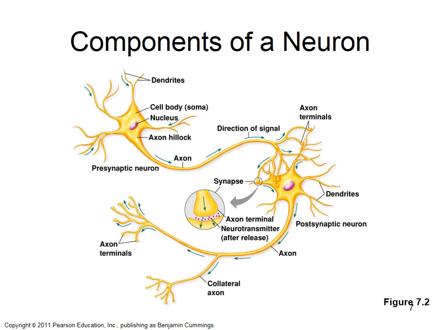So let's look up at the blow up of the synapse. Here we have the axon terminal of the presynaptic neuron. It releases neurotransmitter, and then that postsynaptic cell has to have receptors for that neurotransmitter. Notice that we've got synapses occurring on the dendrite as well as on the soma. So synapses don't only occur on the dendrites, they can also occur on the somas. Here would be the axon hillock again. Here's the axon, and here we're seeing a collateral axon. That's going to synapse on a different neuron altogether, right? So the axons can branch.